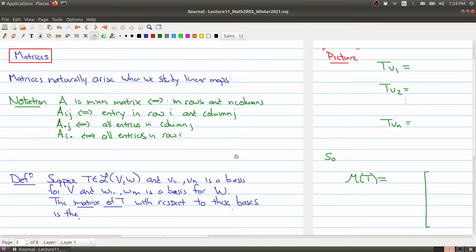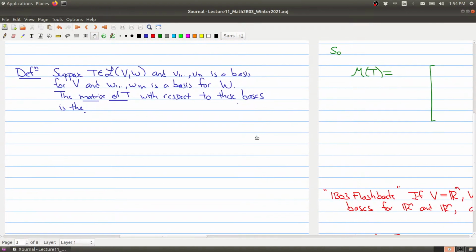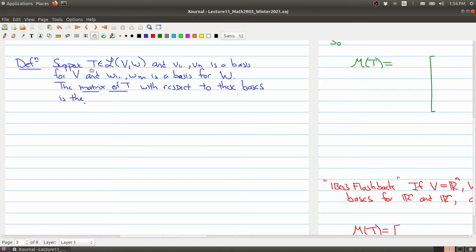With this notation under our belt, we come to an important definition, which takes any linear map T between finite dimensional vector spaces V and W. V will have a basis V1 up to Vn, and W has a basis W1 to Wm. Now the matrix of T with respect to these bases is the M by N matrix, where M is the dimension of W and N is the dimension of V. Let me give it a name: it is the matrix M(T),